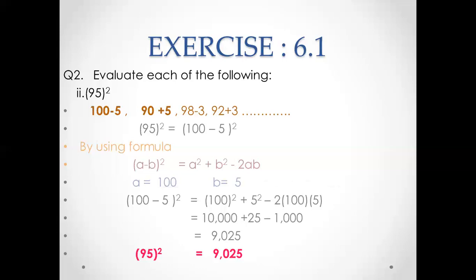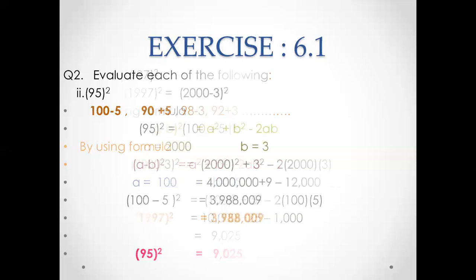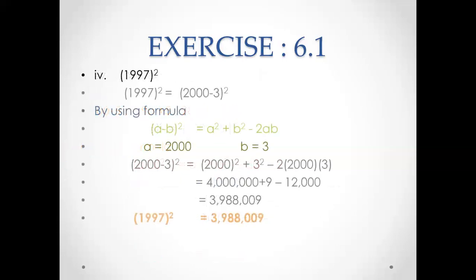Now, instead of a, you put 100 and instead of b, you put 5. 100 square plus 5 square minus 2 into 100 into 5. After the calculation, after taking the square plus and minus the numbers, we got 9,025. And this is the square of 95. Again, you can verify your answer by taking the square of 95 directly. I did 4 part for you,